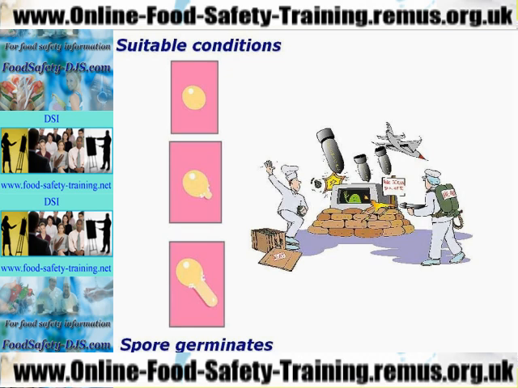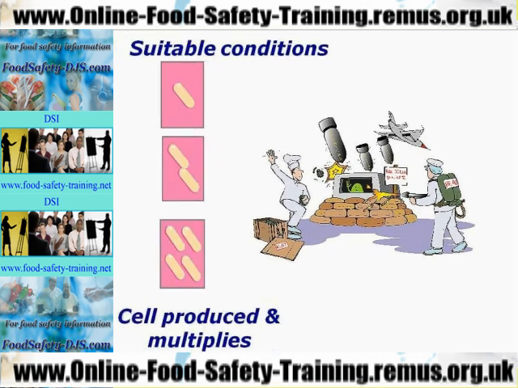You could find Clostridium botulinum spores in jars of honey, and you will find on the label a warning not to feed honey to children under 12 months. So if you look at the graphic in front of you, given suitable conditions such as moisture and warmth within a temperature danger zone, a spore will germinate into another bacterium. And since that spore has now germinated, that one bacterium will start to multiply into 2, 4, 8, 16, etc. with suitable conditions.